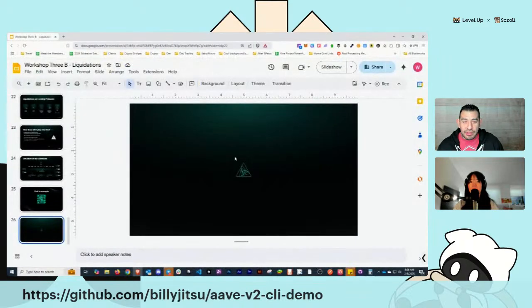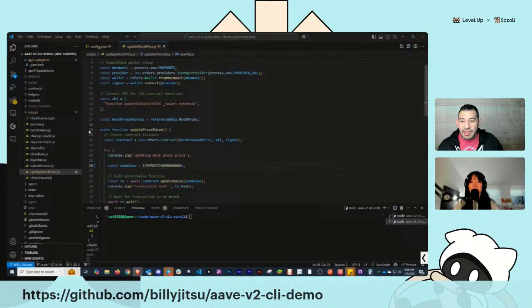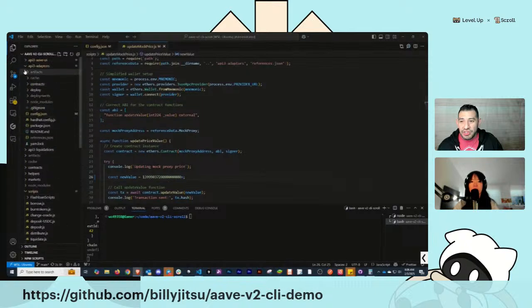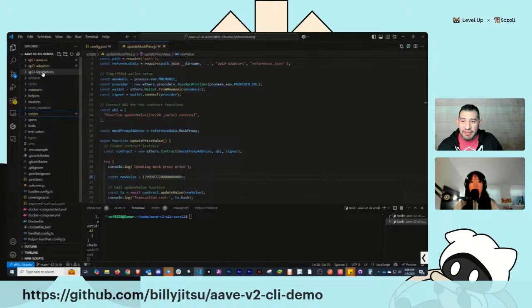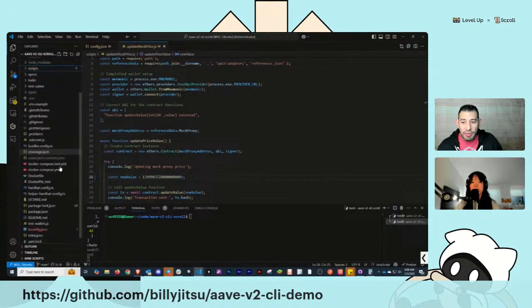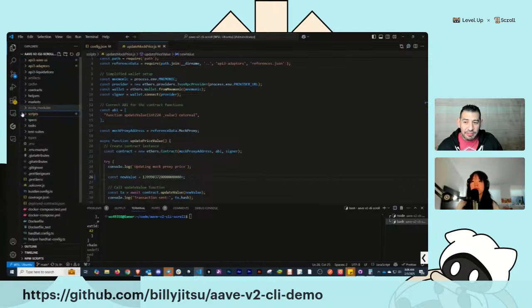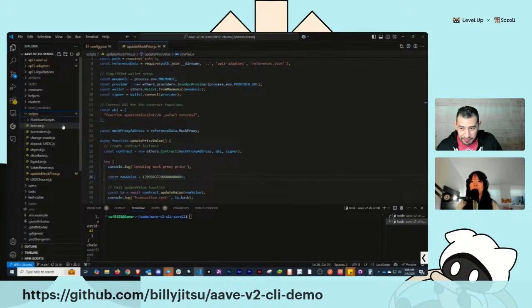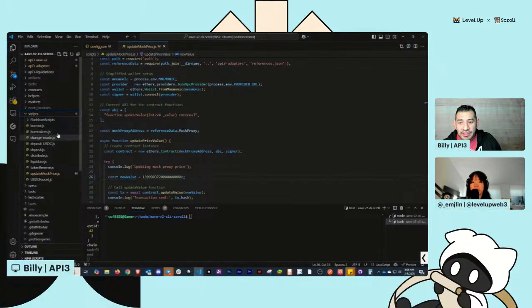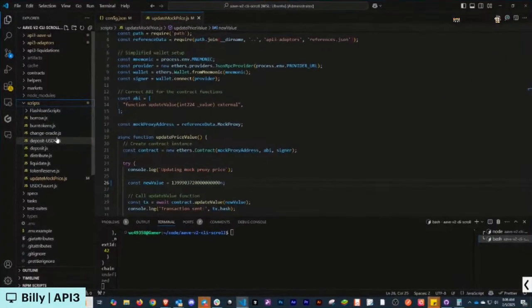Okay, let's close that out, minimize. All right, and so it should look like this. You have your adapters, liquidations, the Aave UI interface, a whole bunch of stuff from the fork, and the special folder, which is called scripts. Last time we went through it, we basically set up all the scripts to deposit a position and borrow some assets off of it. And so now we're just going to do the liquidate portion, right?